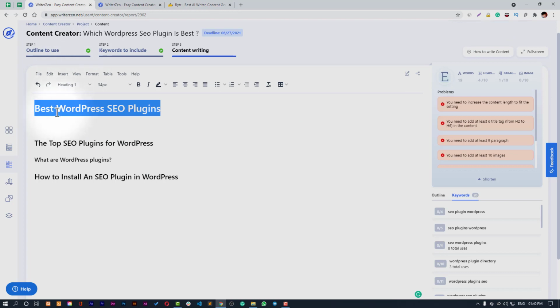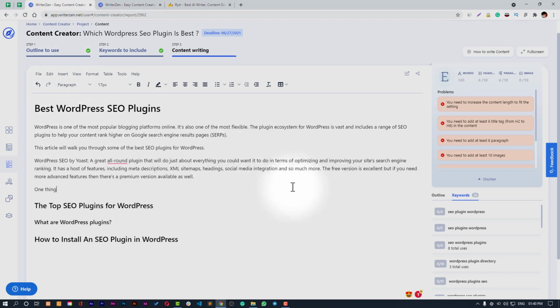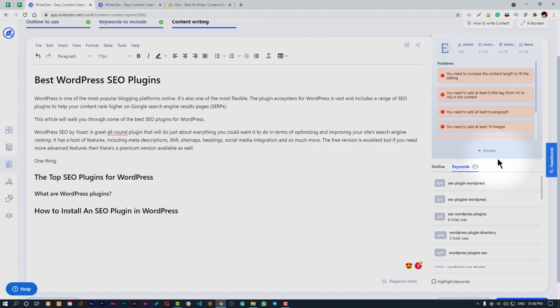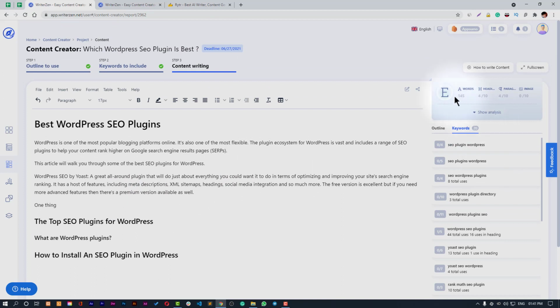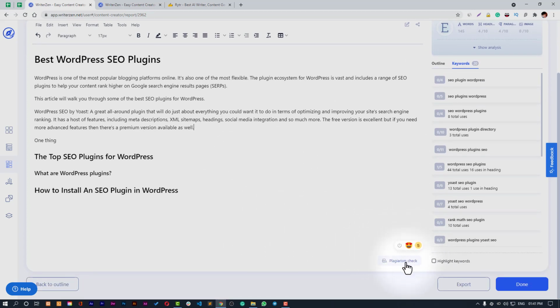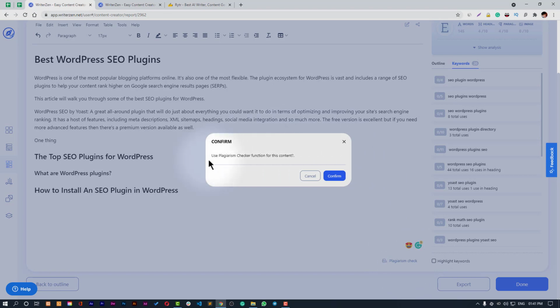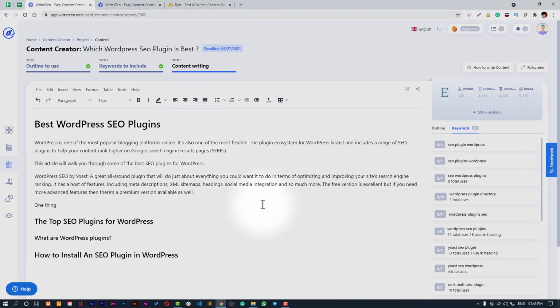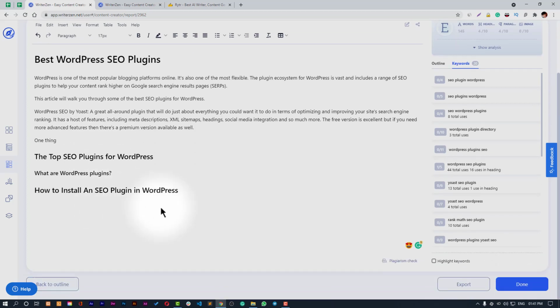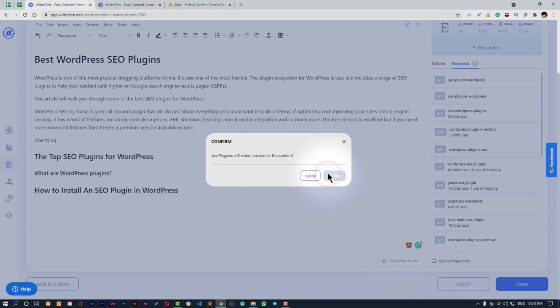But for now, let's jump to our WriterGen dashboard and paste this one. So as you paste, you can see that our length of keywords has rose to 145 keywords, right? And we have now plagiarism checker enabled. Like if you want to use it, you'll have to have more keywords. Then you can check your content for the plagiarism. I am not completed with my content, but still, just to check the plagiarism, let's do the plagiarism checker and confirm it.